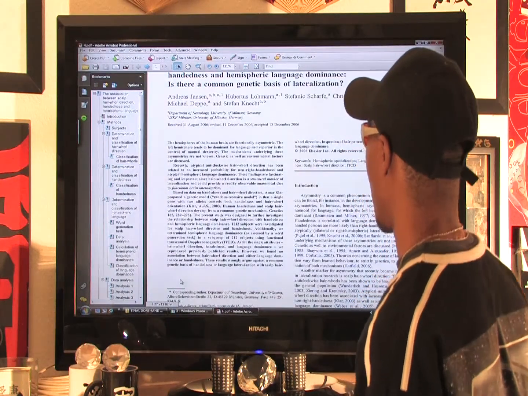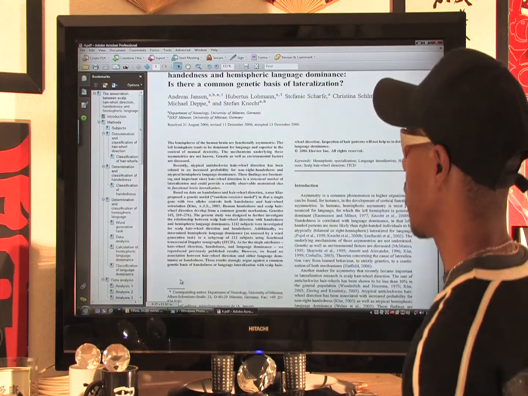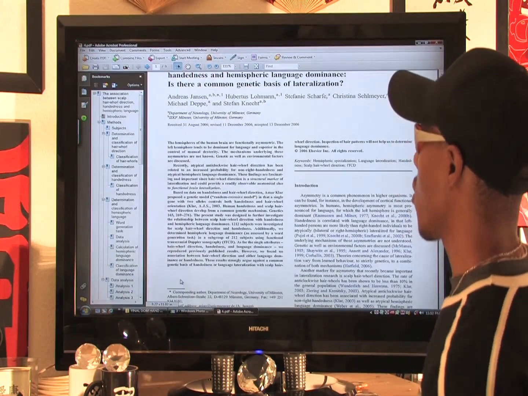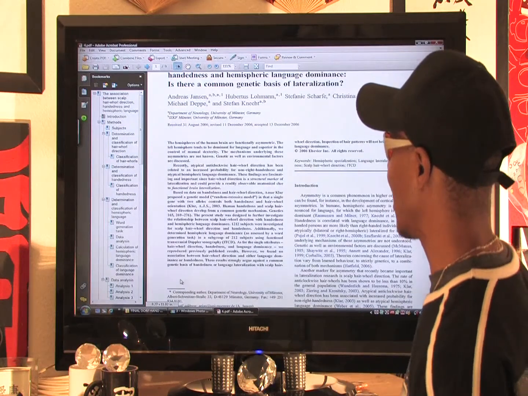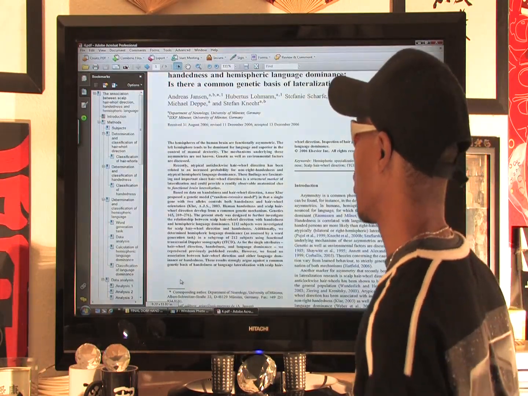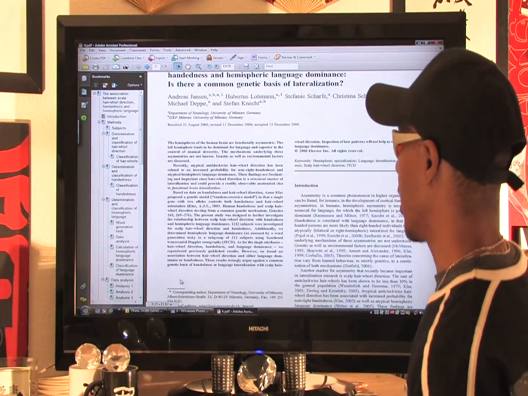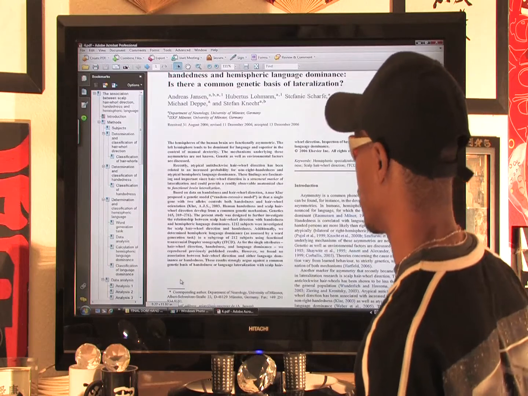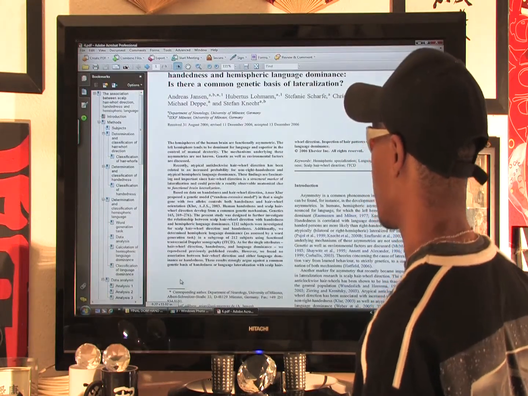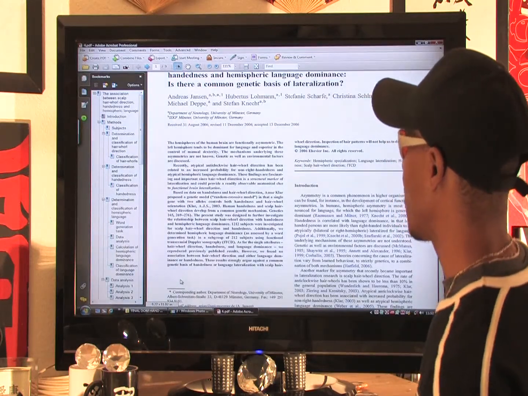Genetic as well as environmental factors are discussed. Recently, atypical anti-clockwise hair whorl direction has been related to an increased probability for non-right-handedness in atypical hemispheric language dominance. These findings are fascinating and important since hair whorl direction is a structural marker of lateralization and can provide a readily observable anatomical clue